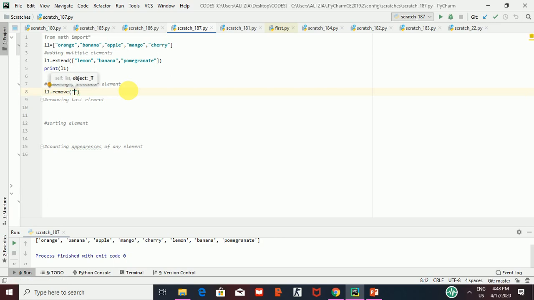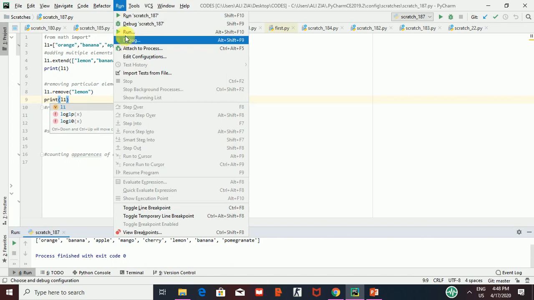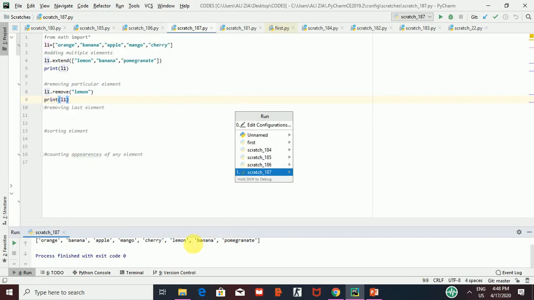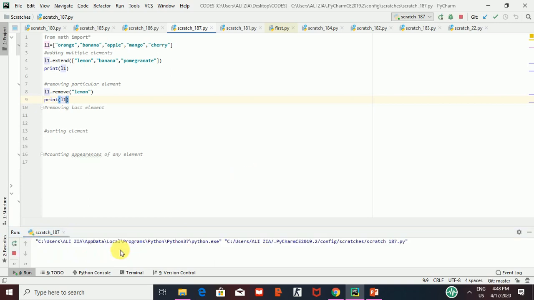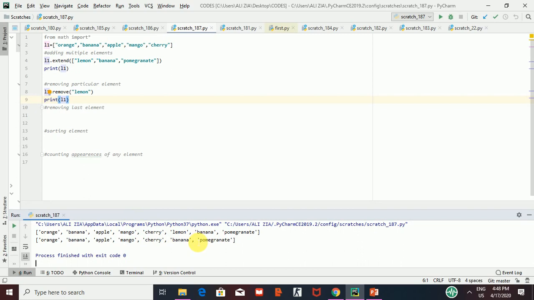I want to remove lemon. Now I would write print L1, and run this code again. Here you can see the lemon has disappeared. By this you can remove any particular element.